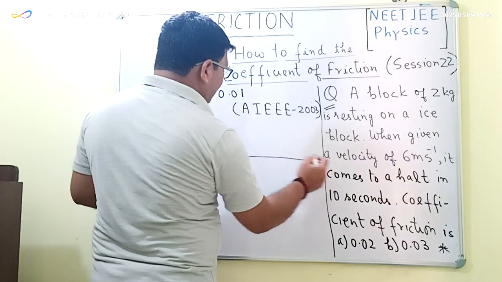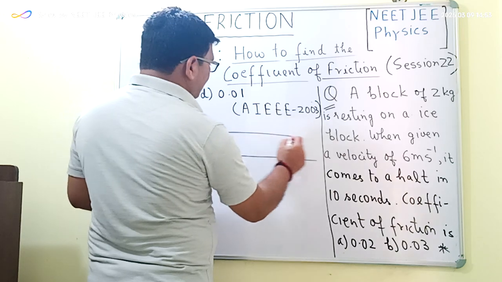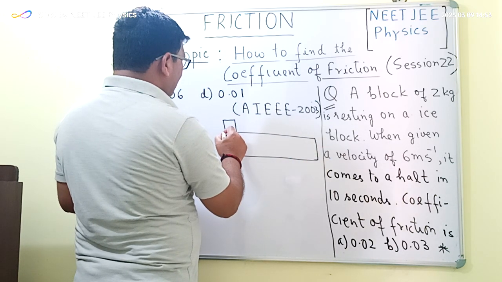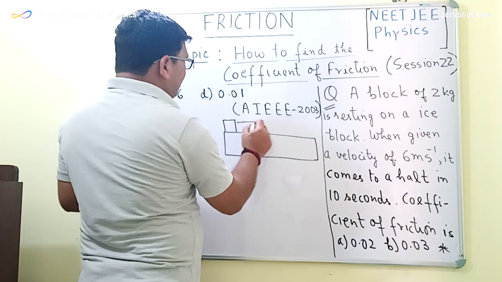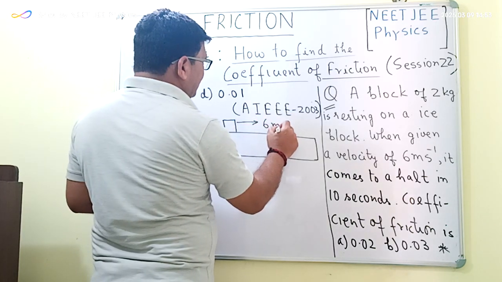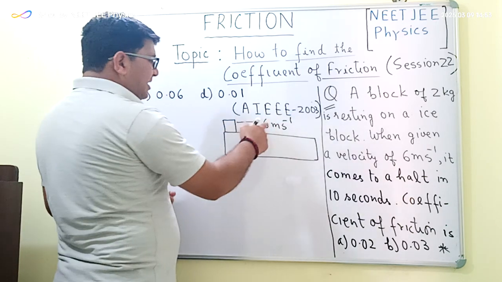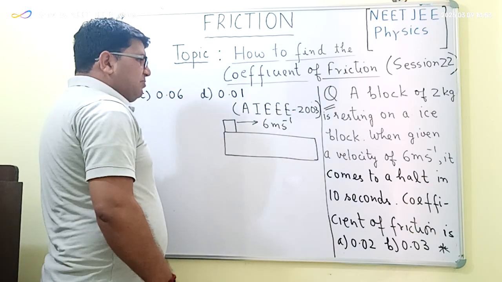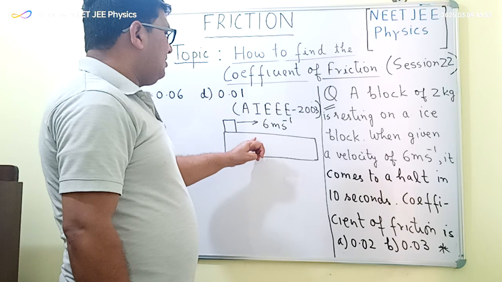So let us say this is an ice block and there is one block which is resting on top of it. So we give a velocity of 6 meters per second to this block in the direction as shown by this arrow. So when we give a velocity of 6 meters per second to this block, it means that we are